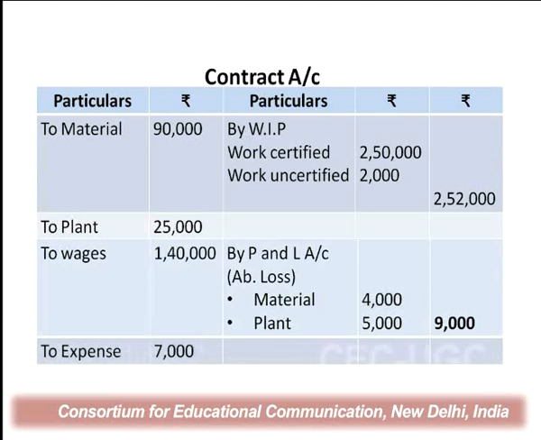So on the credit side, let's see work in progress. It says 2 lakh rupees has been received, which is 80% of the work certified. So what is work certified comes to be 2,50,000 rupees. And it is also given work uncertified 2,000 rupees. So the work in progress comes to be 2,52,000 rupees. I hope this point of 2,50,000 is clear, because it says the work certified is X amount being calculated.